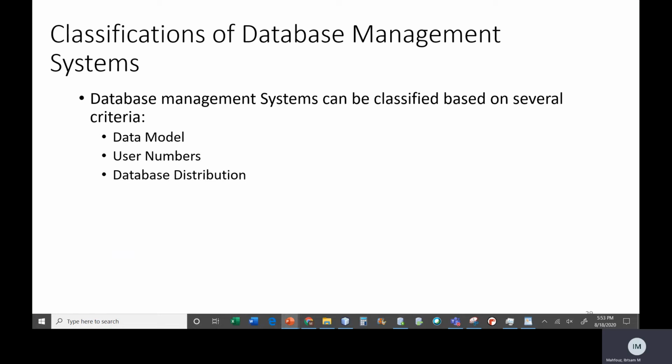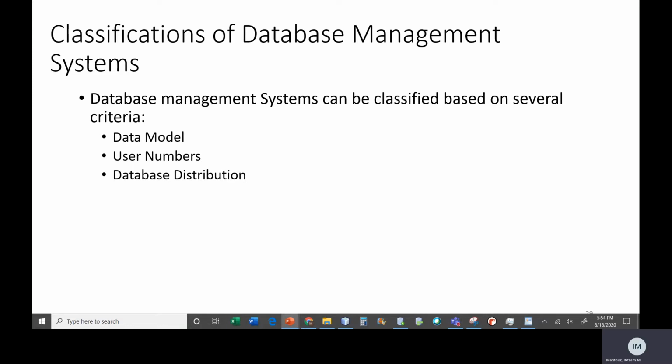So in the last few videos, we talked about how to start the database design. We talked about how you start by going to the users and getting an idea of what it is they want to store, what the reports are that they want to run on the data. And so you start with the external view, and then you go down to the conceptual view, the logical view,